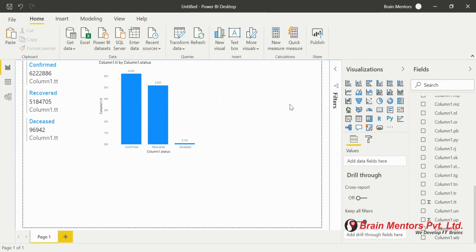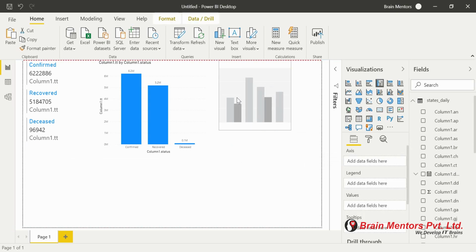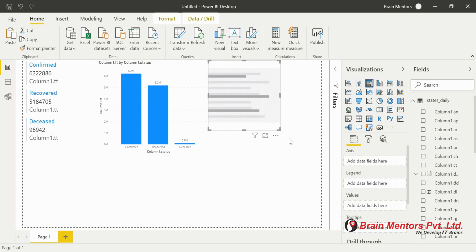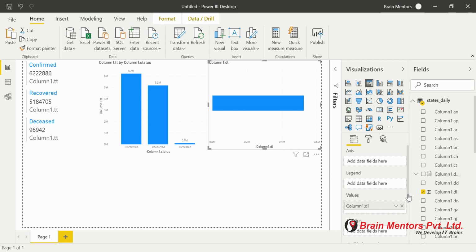Now we are going to make one more chart, and this time I'm going to pick the clustered bar chart. In the clustered bar chart, let's say we want to just see monthly the number of cases of any of the states. Okay, so we have three things: axis, legend and values. So what do you want to pick inside the values? I want to check the cases of Delhi monthly, like what was the number of cases in March, then in April, so how it is increasing.